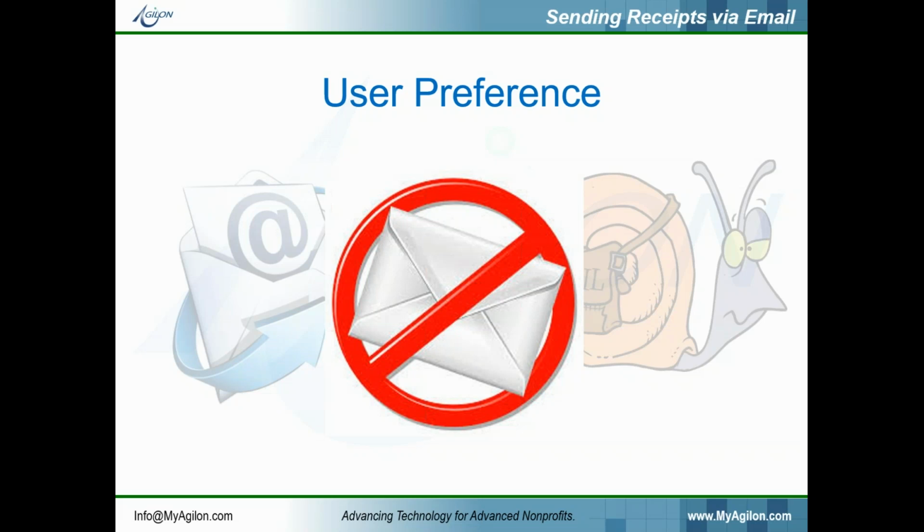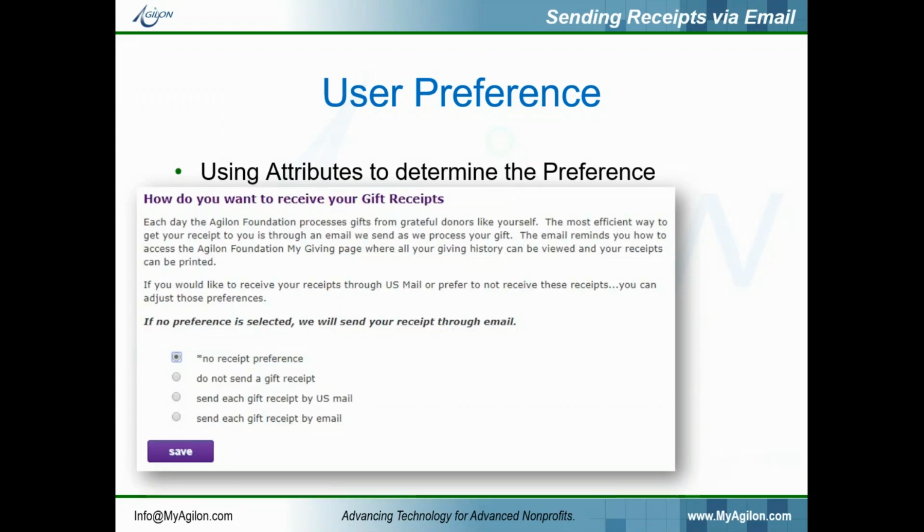One of the nice things about using an attribute or a user group is that that's something that we can then pass along to our donors and let them continue to make changes to their preference by using a web form. I'll show you an example of that. So this was an example of a web form. I can't even remember who I set this up for, but basically it uses a user group or an attribute in one. We turn on a web form for our donors, and you can pass this URL to the donors,